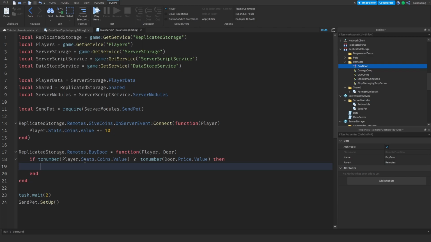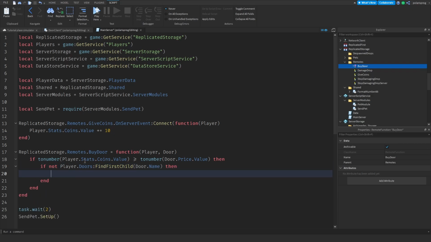So if not player.doors:FindFirstChild(door.name), then, so if he does not already own the door,